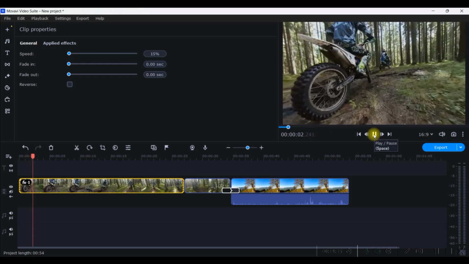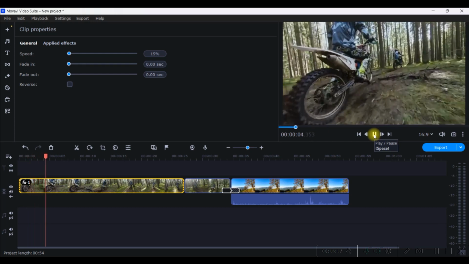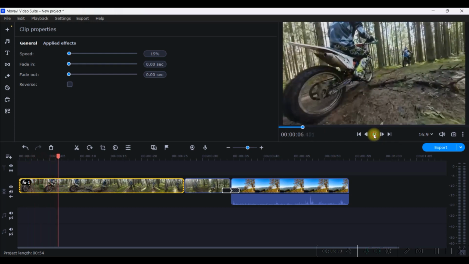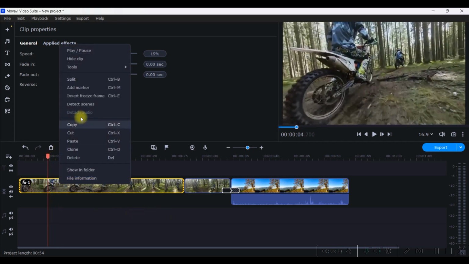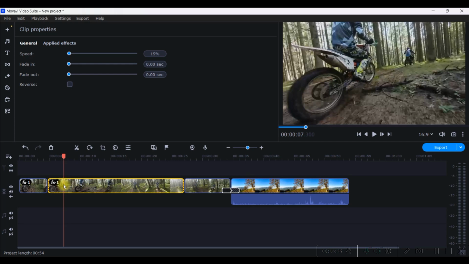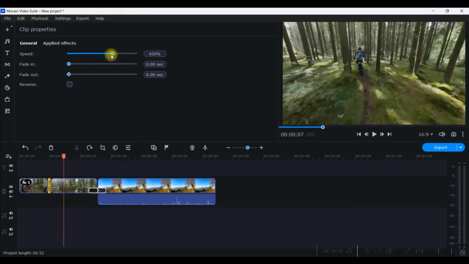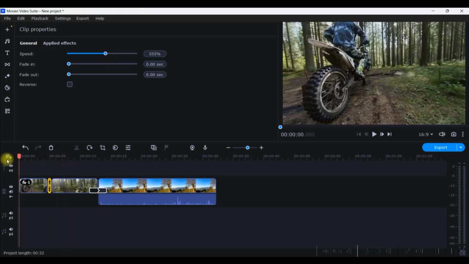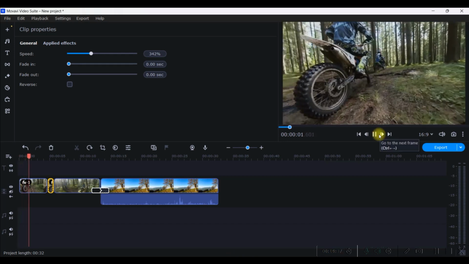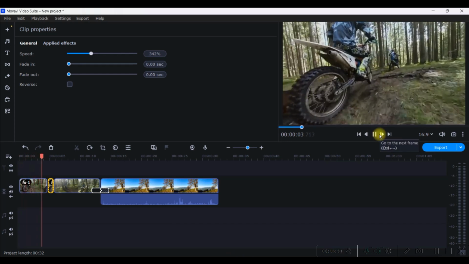So you can give the video a very slow motion, and then after a certain while you can again give a split, and here you can make it 1000% or maybe 600% to give it a fast motion, or maybe 400-300% like that, and check how it is looking.